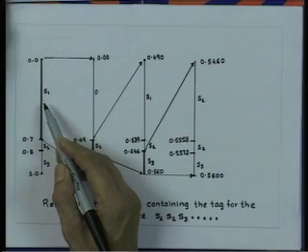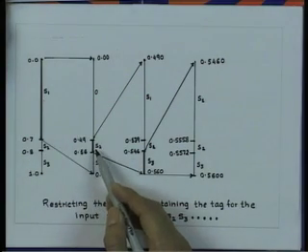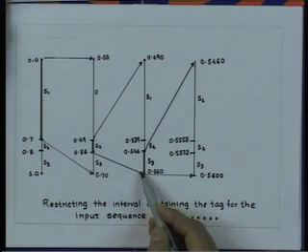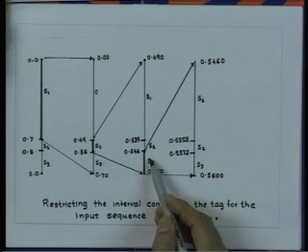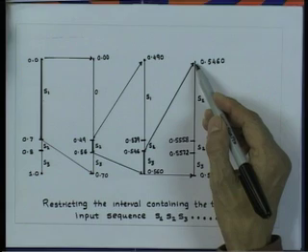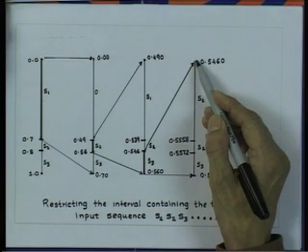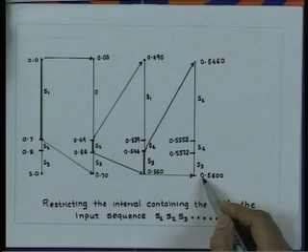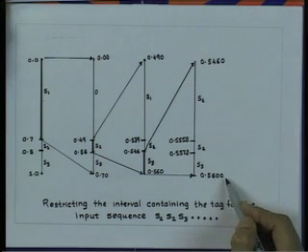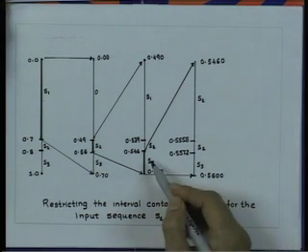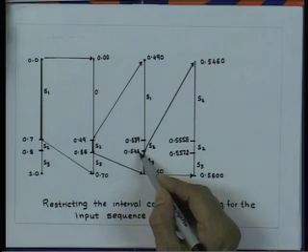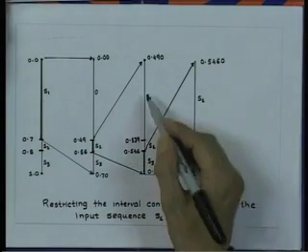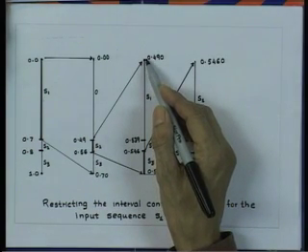For the sequence beginning with S1, S2 and S3, by the time the third symbol S3 is received, the tag has been restricted to the interval 0.5460 to 0.5600. If the third symbol had been S1 instead of S3, the tag would have resided in the interval between